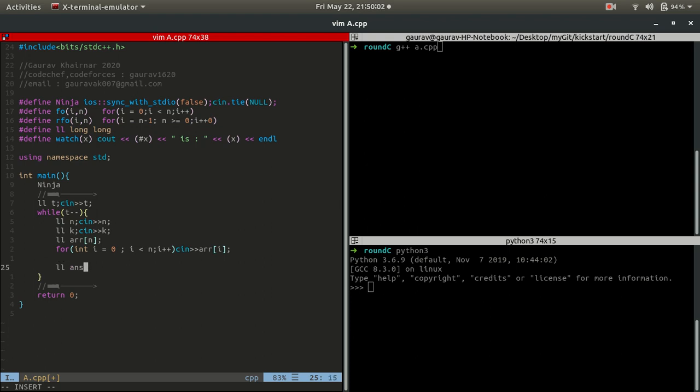So first the answer is 0. Now we will start from the left and scan to the right of the array, from 0 to n minus 1 elements.